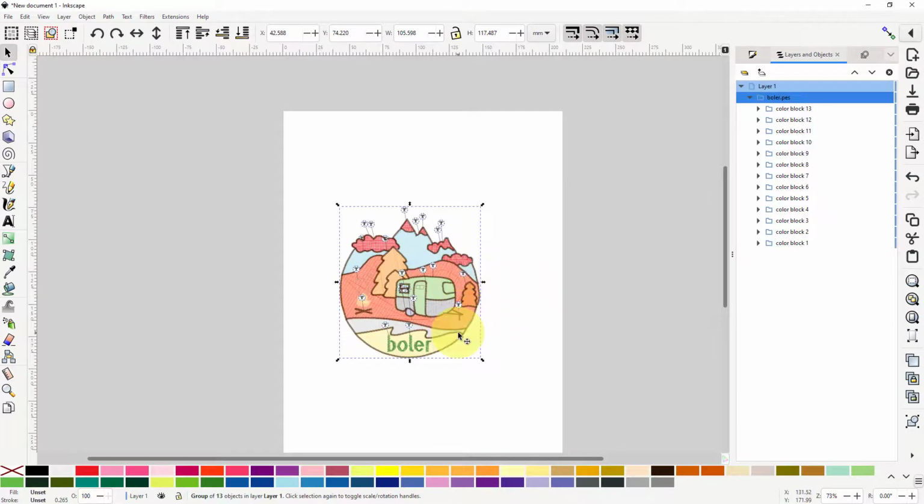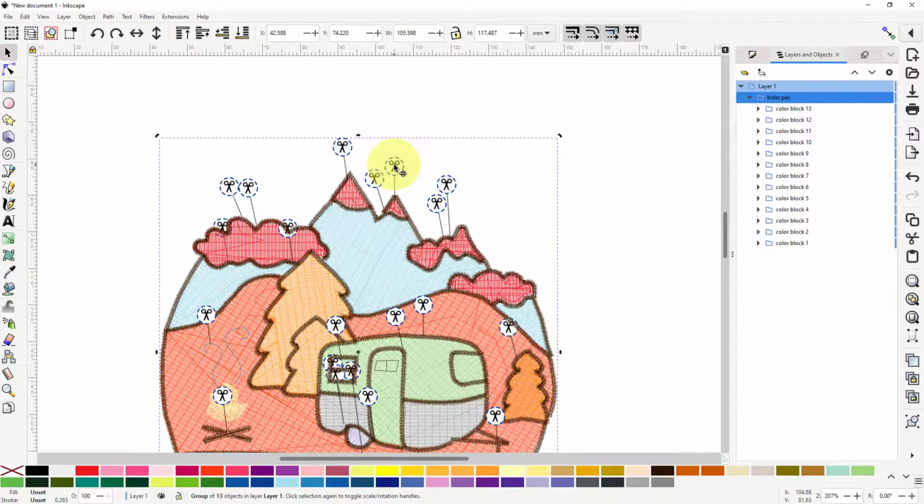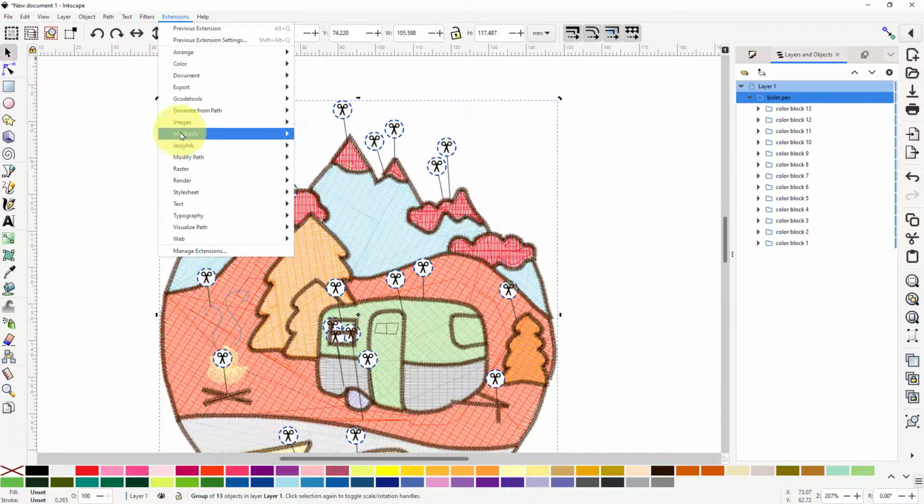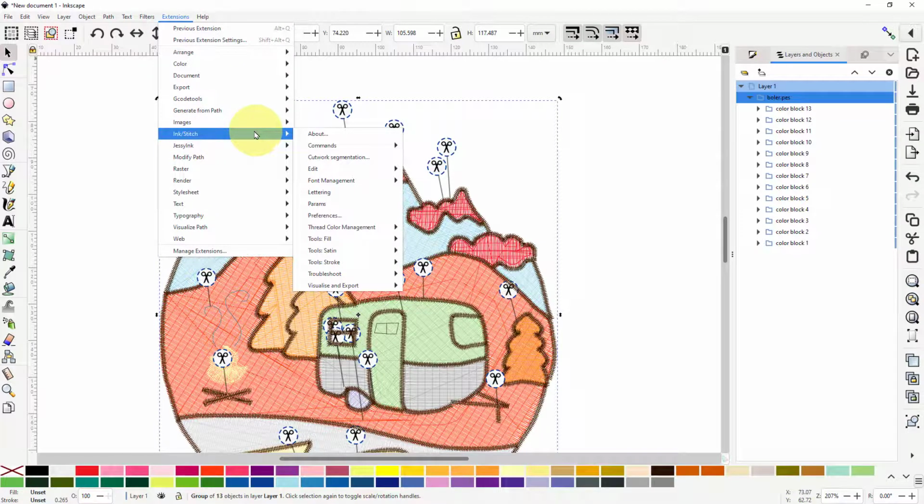Click OK, and here we have all the trim commands, and there was an option